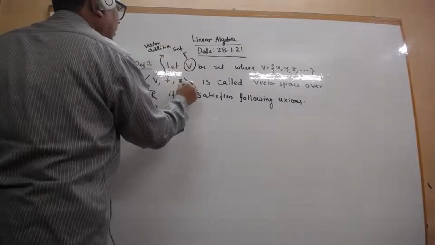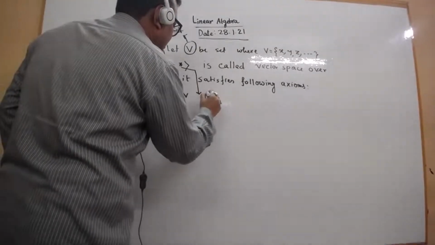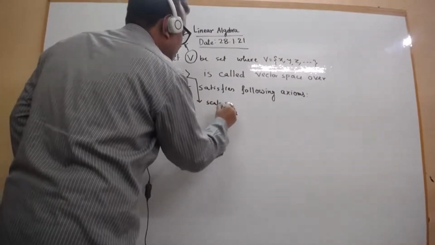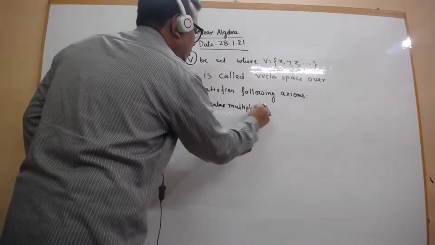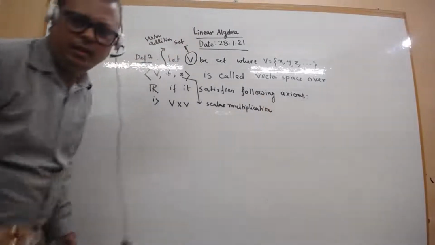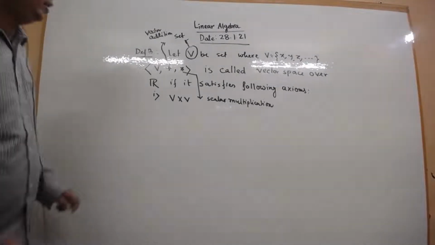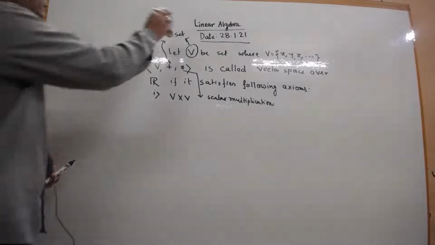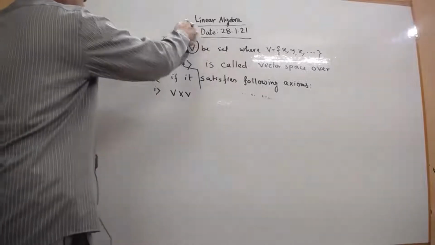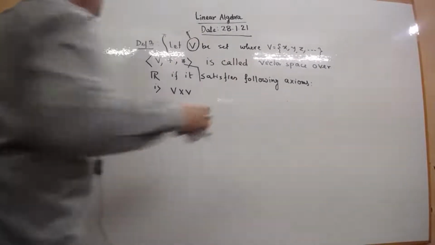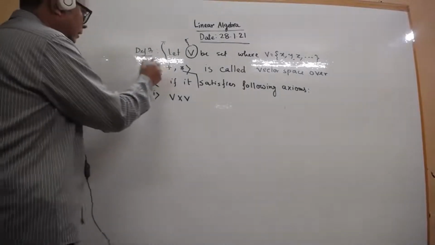And this is a scalar multiplication. Okay, Bishari? Okay. So this is V, a set, and this triple